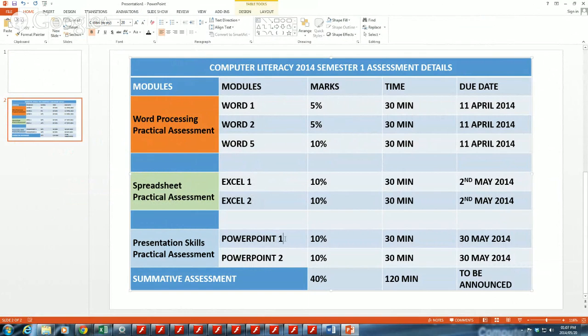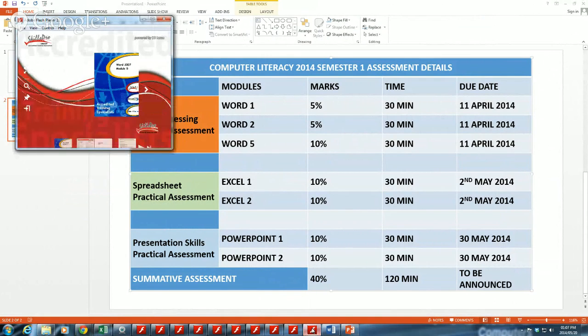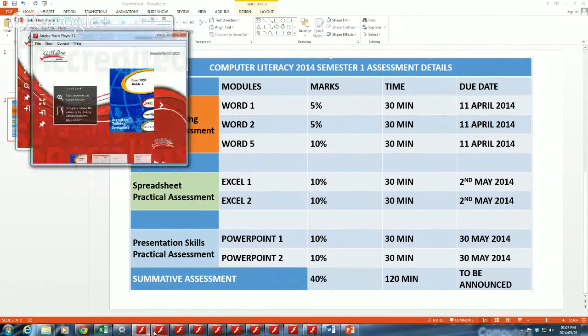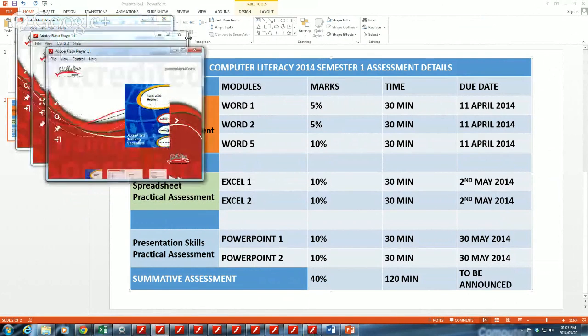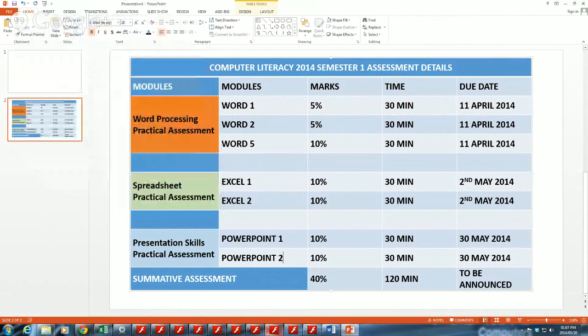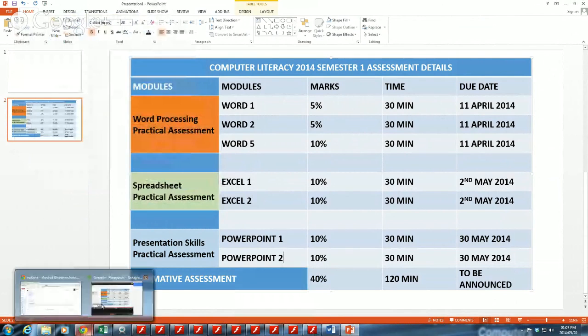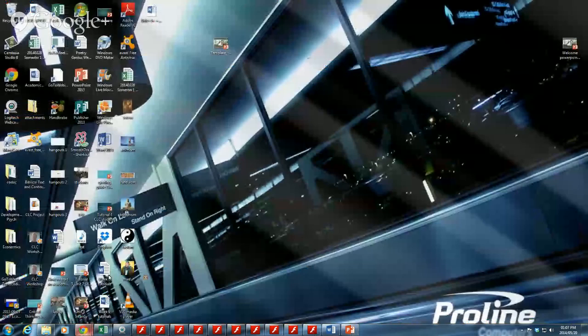In PowerPoint 1 we have FK computers, and PowerPoint 2 should be the CV. So those are the names of the templates, and these templates are found in the learner guide. When you go into the learner guide, I did really define this: how can you get the template? And I even loaded Funda just to make it much easier. So I said when you go to the Funda site,